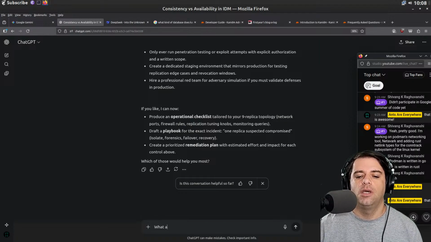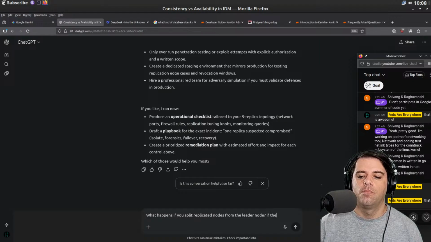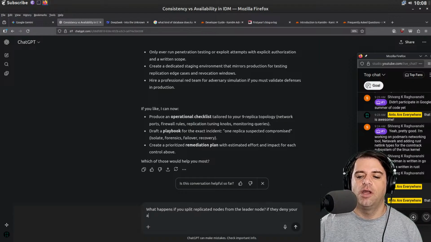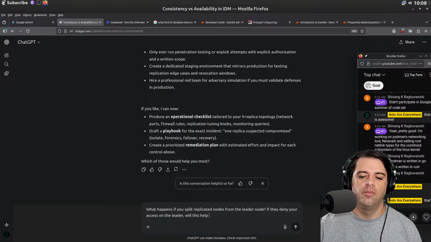What happens if you split replicated nodes from the leader node? If they deny your access on the leader, will this help you retain access?